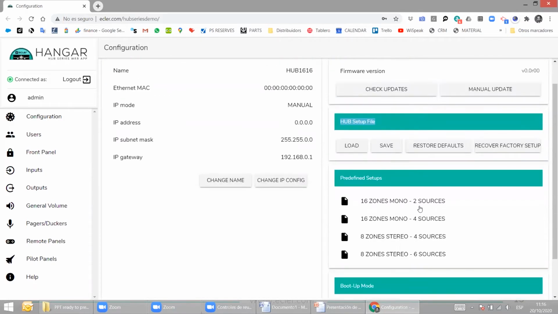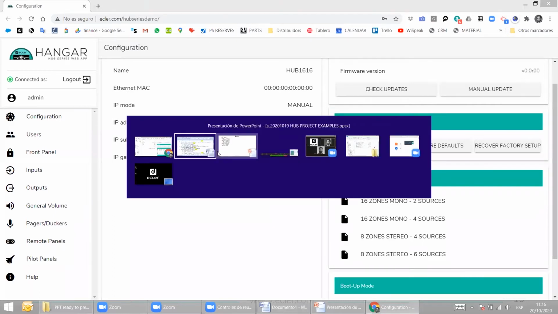If our project matches the predefined setups, if we had 16 zones mono and 2 sources only, we would just load this predefined setup and the configuration would be done. Okay, this is not the case. So we're going to